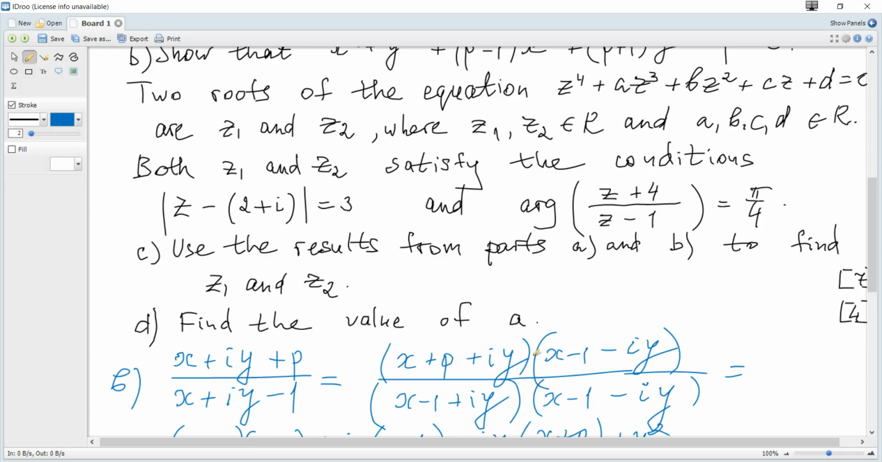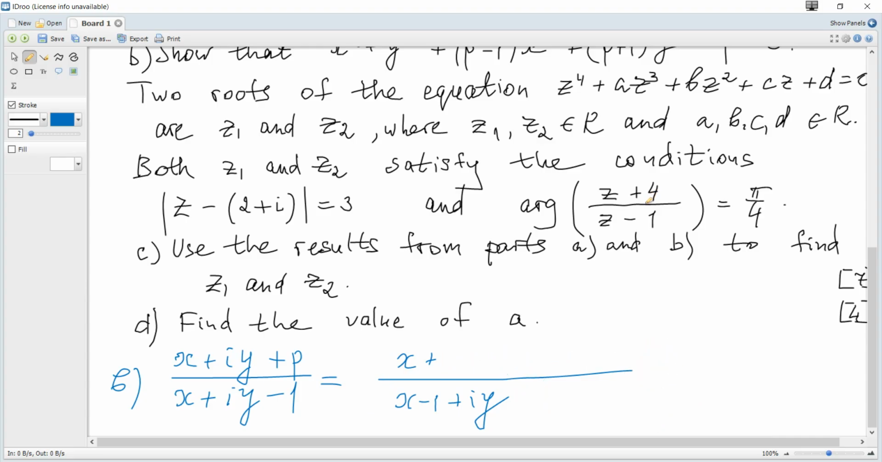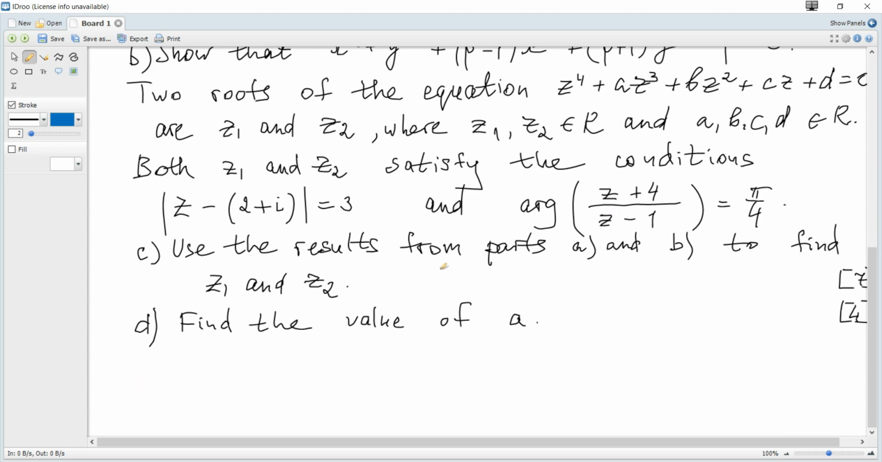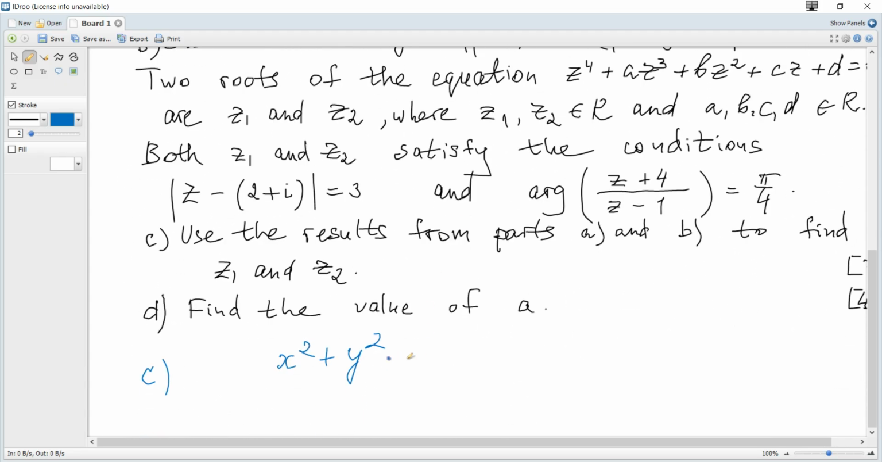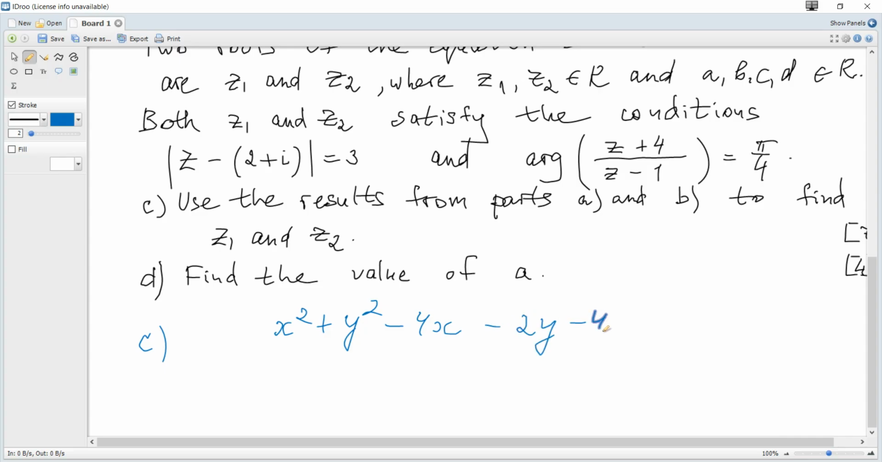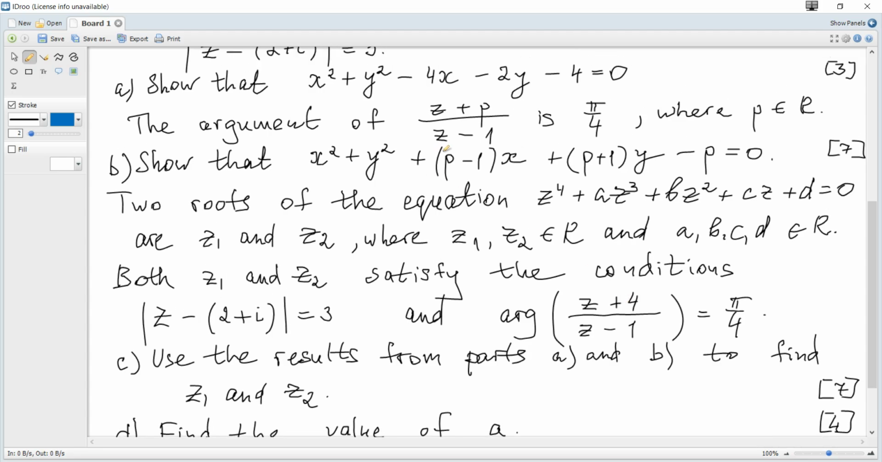The next part: two roots of the equation given are z1 and z2, where z1 and z2 are complex, and not real, it's a mistake, are complex, and a, b, c, and d are real coefficients. Both z1 and z2 satisfy the conditions. The modulus of these is equal to 3, so it's absolutely the same as part A, and the argument is pi over 4, and you can see that it's absolutely the same as part B, but for p is 4, and hence we get just simultaneous equations. The first directly this, so x squared plus y squared